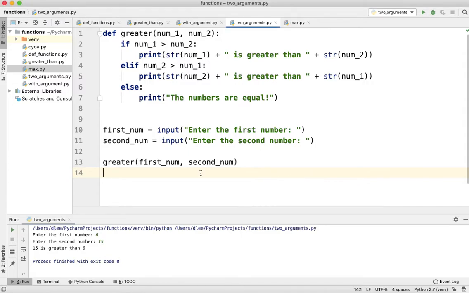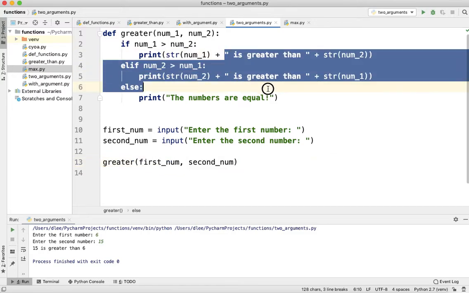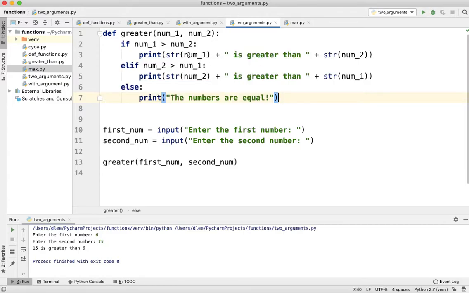We've learned how to create a function definition that takes in two arguments, right? And we need to list them as parameters here in the function definition, and we need to pass in the arguments that we want to pass in. Our program here prints out what we want to print out. It prints out num1 is greater than num2, or num2 is greater than num1, or